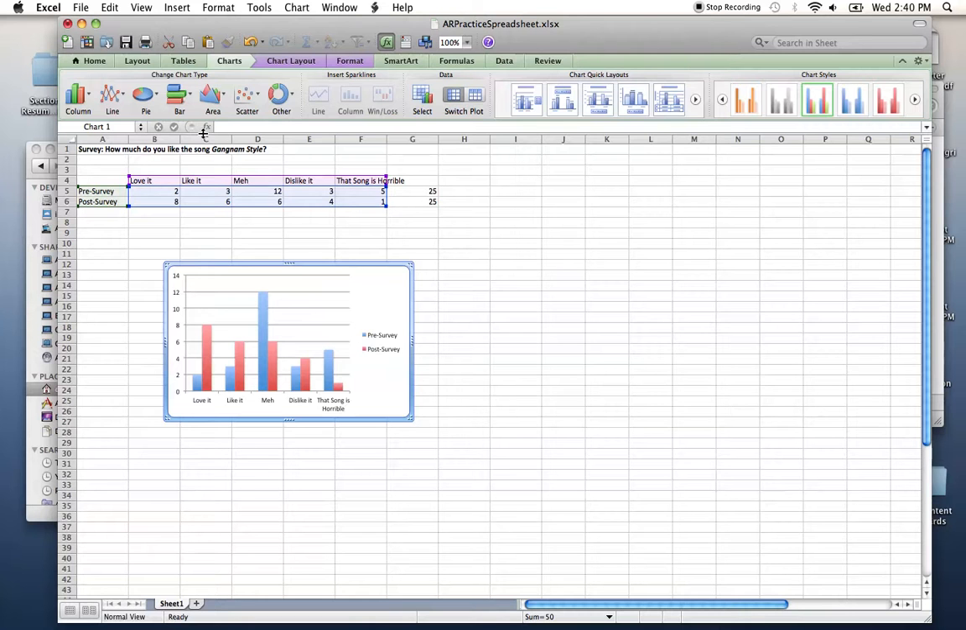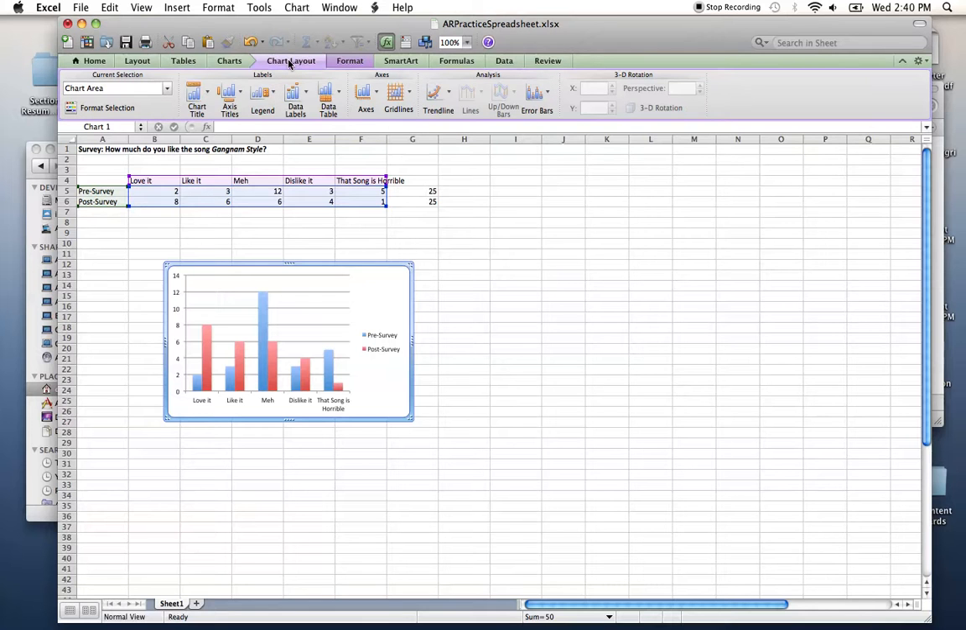Now with this graph, I'm going to want to make sure that I put in a title and things like that. And this might look different on a PC, but to do that, I want to click on Chart Layout and choose the layout that I would like. So I am